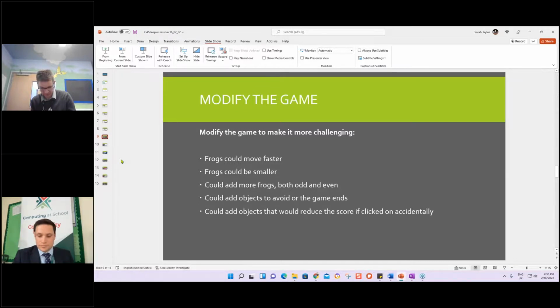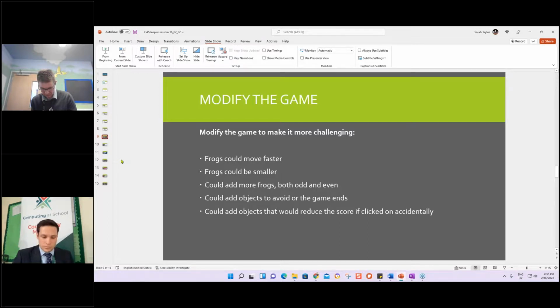So moving on from that, the use, modify, create type activity that you can use to structure your lessons, modifying the game. So taking the same example, you can talk to children about modifying the game to make it more engaging for the audience. And on the screen are some examples for how they could do that to make it more challenging. So that's how they're going to make it more engaging, by making it more challenging. It would involve lots of programming and computational thinking skills, and the list of possible modifications get more challenging the further down the list you go.